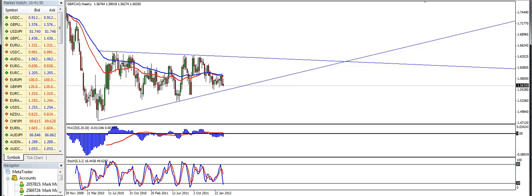Friday the 9th of March, time of recording 0941 hours. We're here with the pound Canadian dollar, and I'm on a weekly chart here. You can see that it's been in a downtrend, and for the last almost 2 years,